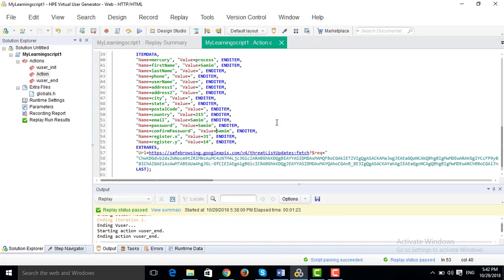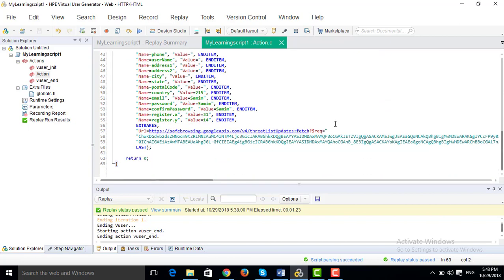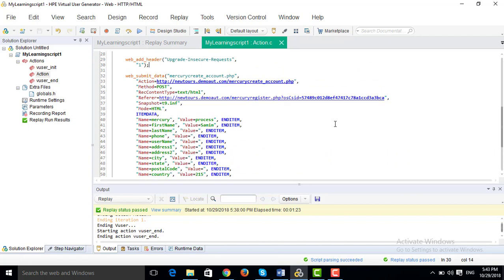Now see, this is CSID. Sometimes it changes. If I replay it, sometimes there is some session variable that goes with each request, so it changes, and our script is unable to replay. With the help of correlation, we identify such issues, but we will see that later on. We do not need to worry about such complexity now. For now, you just have to understand that this is our script and we need to replay it